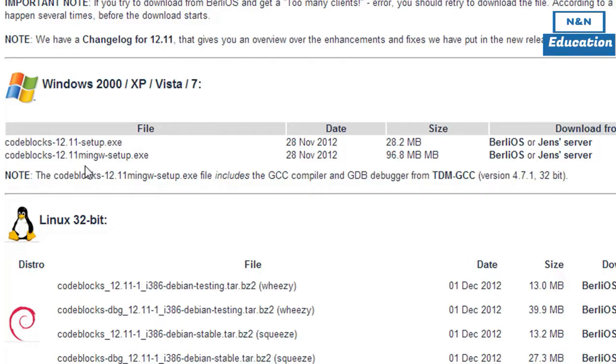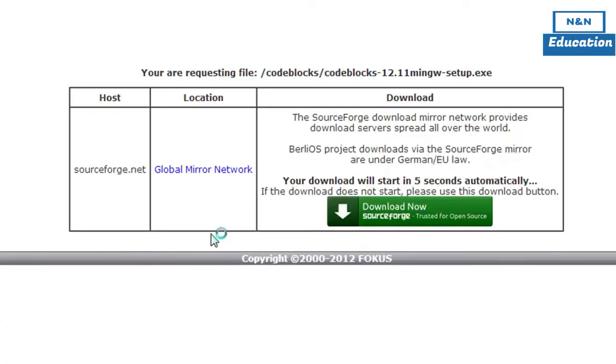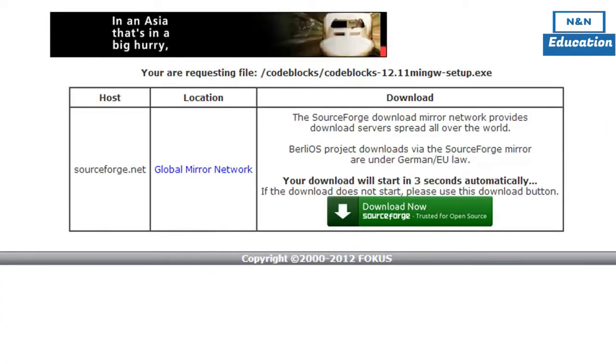If you watch this tutorial 5 years later, then you would see something else. You would see a different version number, and the size would also be different, right? This one's 96.8 MB, but they keep adding and subtracting features, so the size is going to vary. And select any of the two servers that you see, and I just clicked on Burley OS, and my download